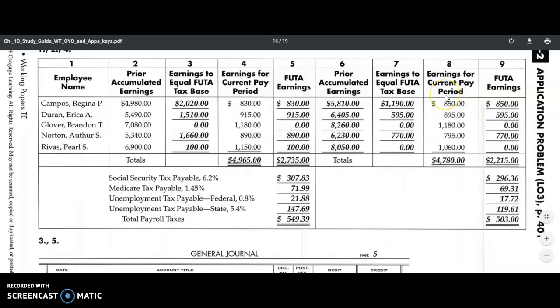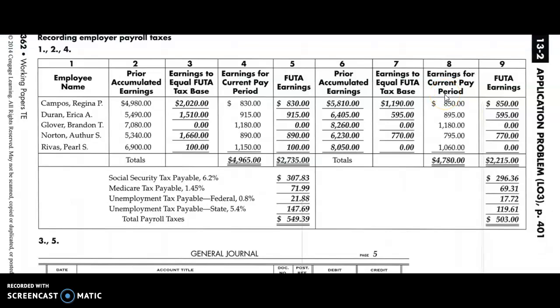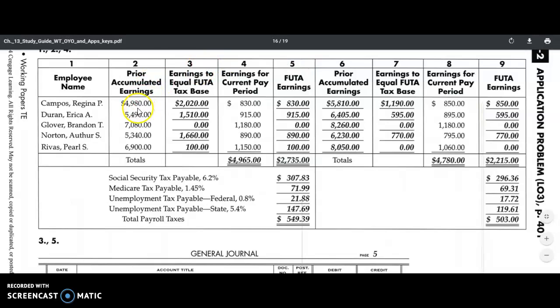And remember, $7,000 is the magic number. You will subtract column 2 from $7,000 to get how much you'll be figuring taxes upon. You'll be using the total of your current earnings to figure your Social Security and Medicare deductions, and then you'll be using the total of the